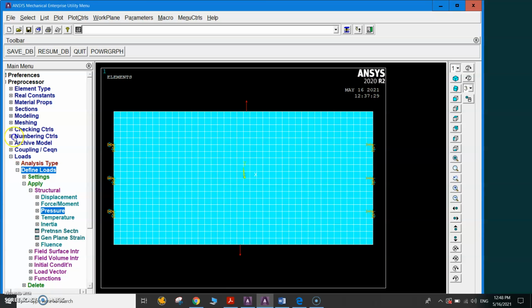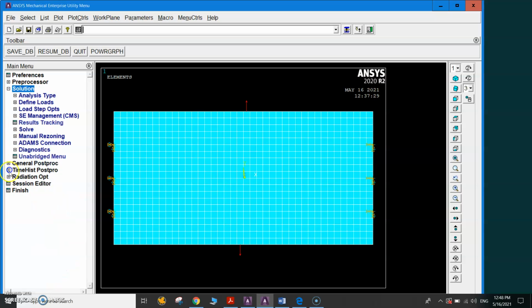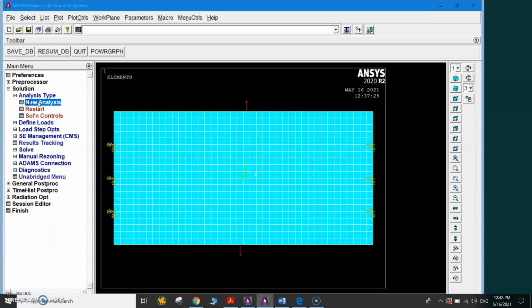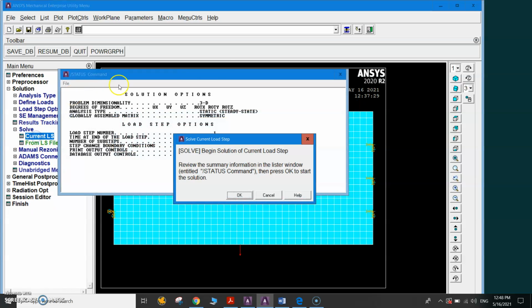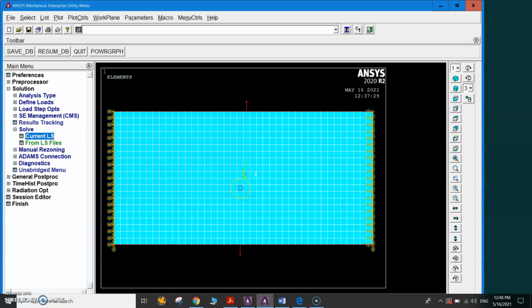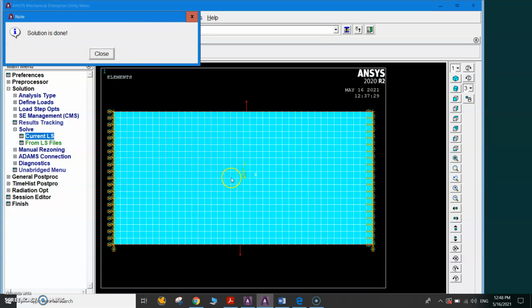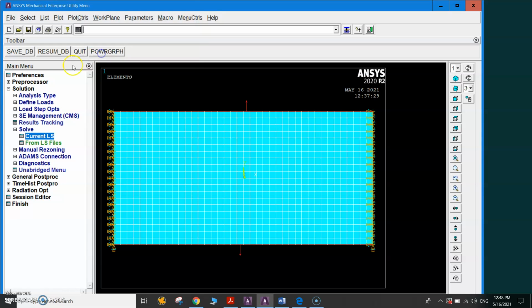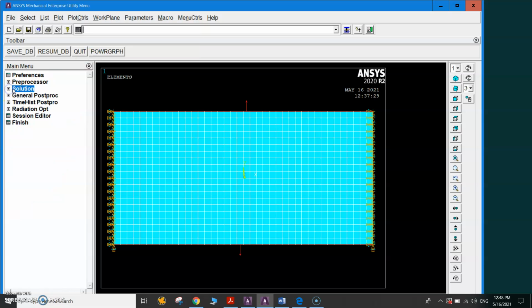So now the next step, we can solve this, and the analysis type will be static, so solve current LS. So easily we can solve this example. Okay, so the solution is done. The next step, we can